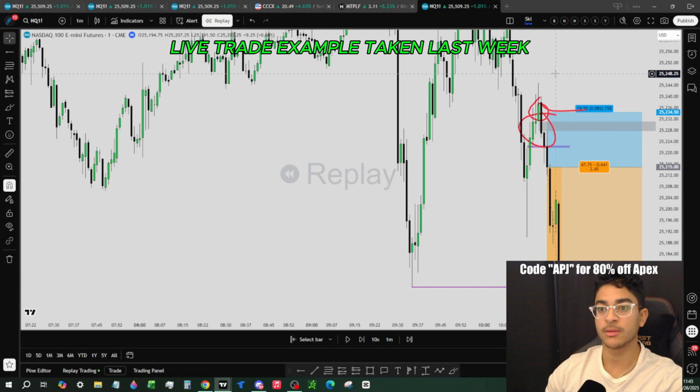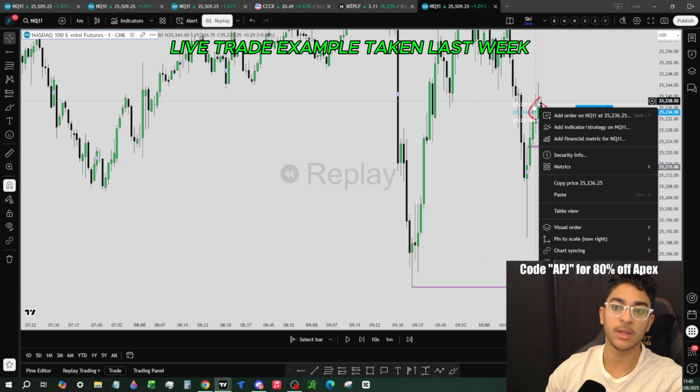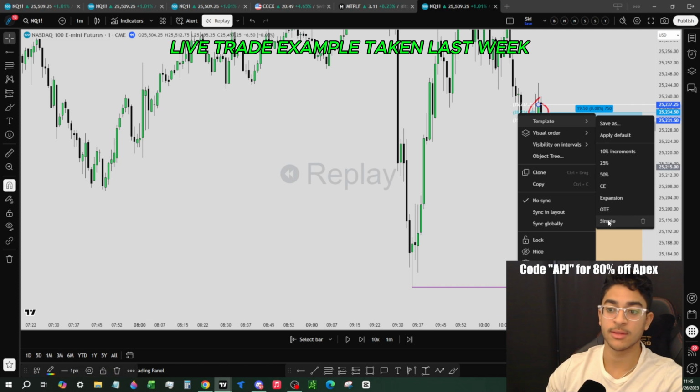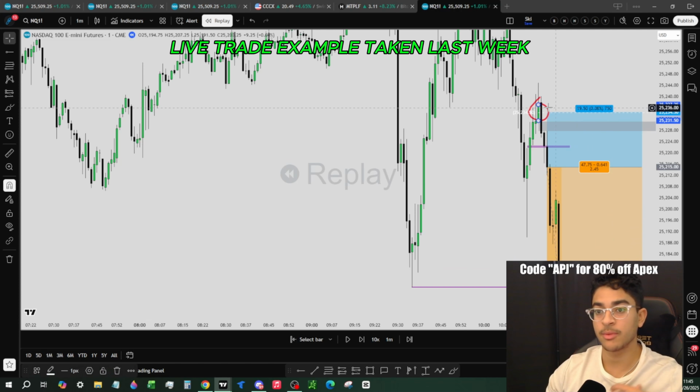Okay. And I'll clear out some drawings. But 1-minute order block here, clearly an order block because it was followed by displacement, right? So smart money, institutions, whatever you want to call it, they're selling this candle. They drove price up with the intention of selling. So my stop is halfway through that order block.